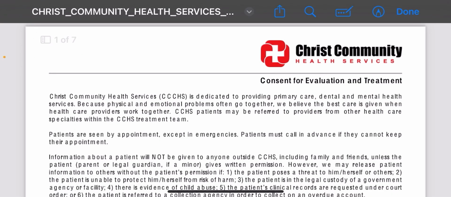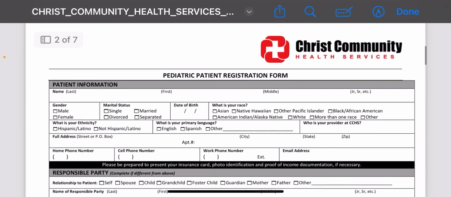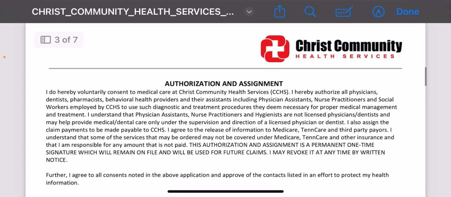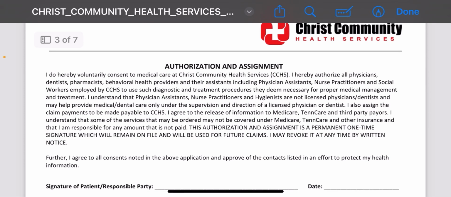About 6 months before the event, the mother gave assignment over the infant. Right there, authorization and assignment. She didn't give authorization and assignment over the baby. She takes the baby home, but she gave it over the infant. You can pause to read this. It's a lifetime contract. So the mother comes in with the legal capacity as custodian, and since she gave assignment over the infant, they give her a certificate or a receipt